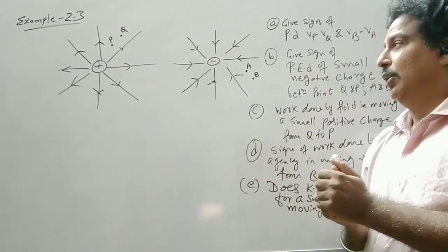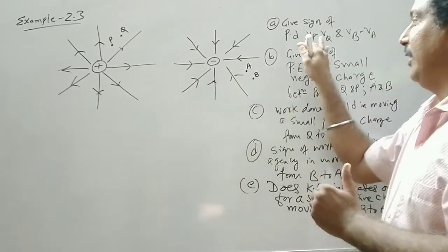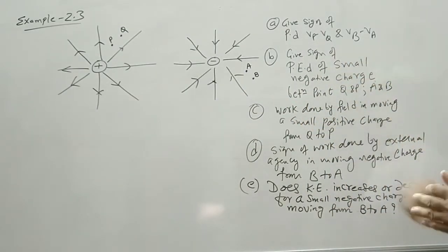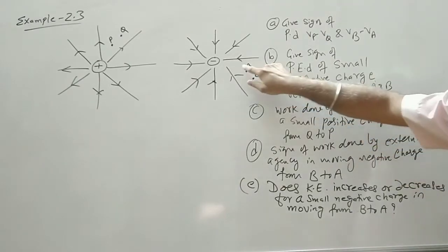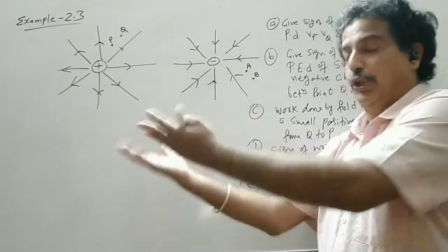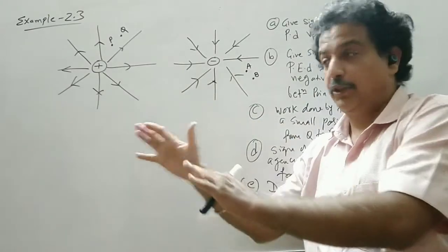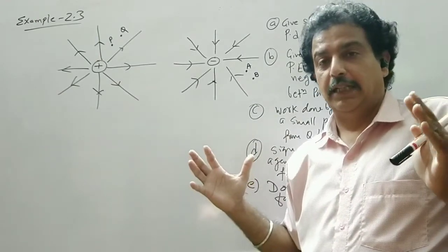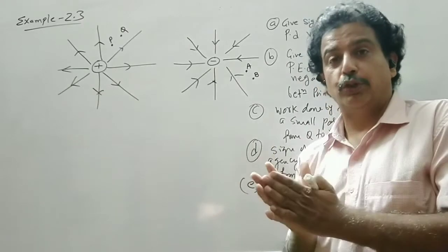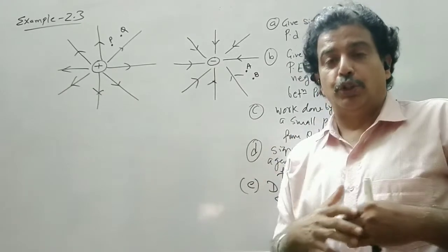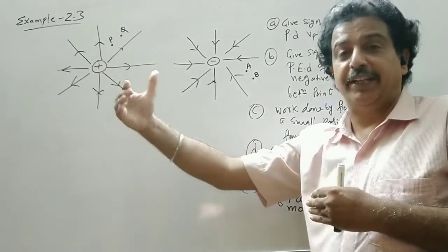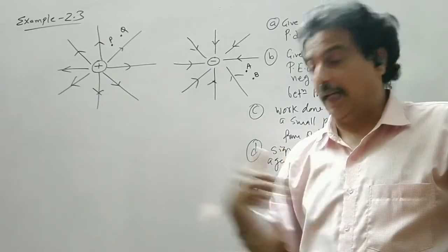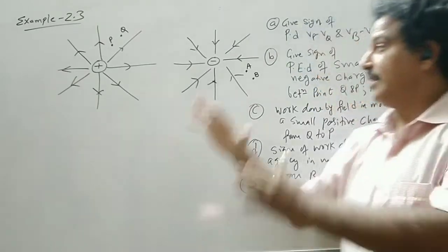This is the situation. So one concept is that orally I can find out the sign. In both the cases, Vp is greater than Vq and Vp is greater than Va. In this situation, we have to stop in between. Suppose someone pushes you from the back, the car may go 5 meters and then you are free. But suppose someone pushes you and I don't want you to go 5 meters, so my force will be opposite to that person. I have to stop it. So this is the situation.